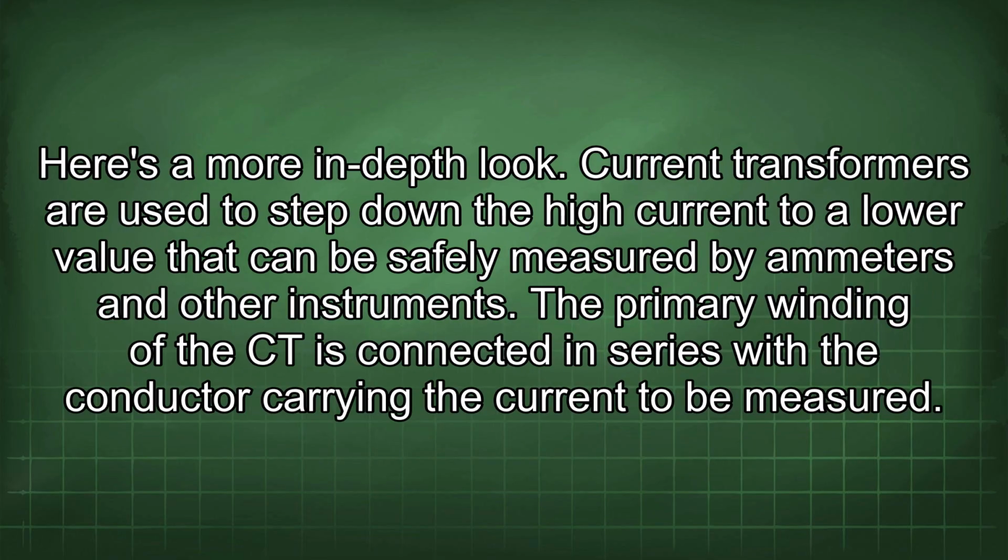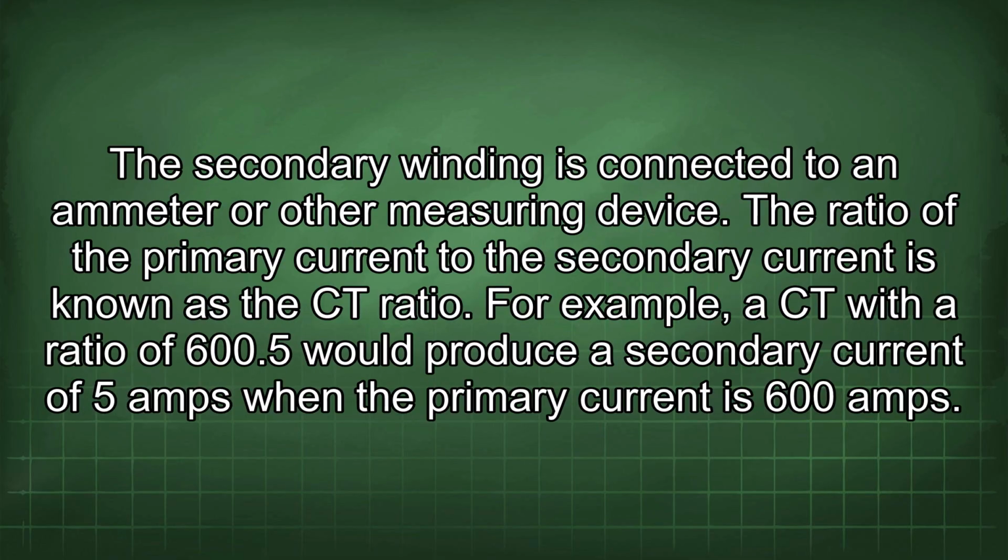Current transformers are used to step down high current to a low value that can be safely measured by ammeters and other instruments. The primary winding of the CT is connected in series with the conductor carrying the current to be measured. The secondary winding is connected to an ammeter or other measuring device. The ratio of the primary current to the secondary current is known as the CT ratio. For example, a CT with a ratio of 600:5 would produce a secondary current of 5 amps when the primary